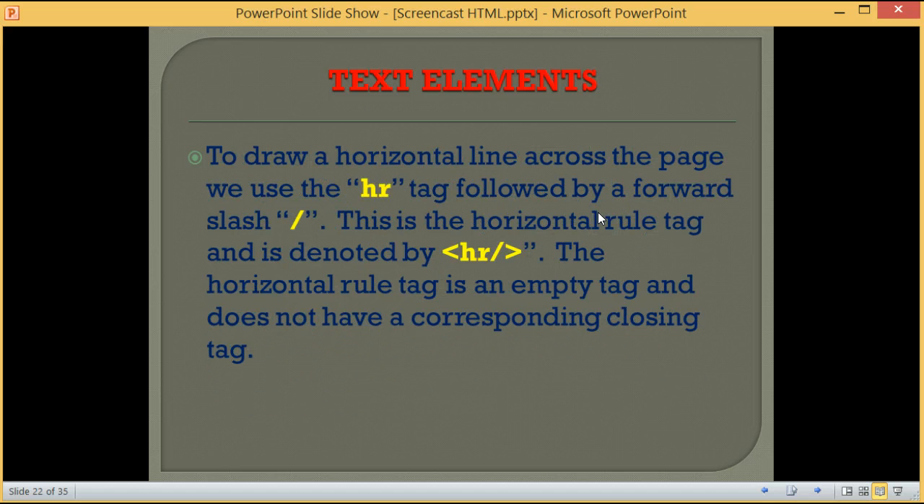another text element. To draw a horizontal line across the web page, we use the HR tag followed by a / sign. This is the horizontal rule tag and is denoted by less than sign HR / greater than sign. The horizontal rule tag is an empty tag and does not have a corresponding closing tag. Let us very quickly look at an example